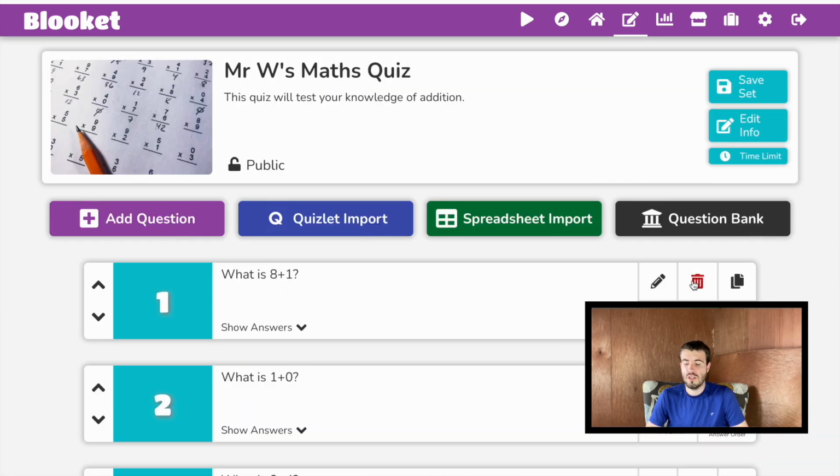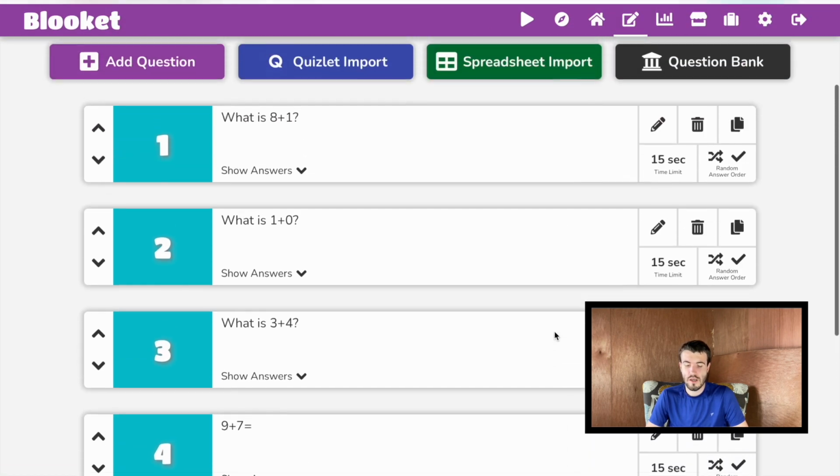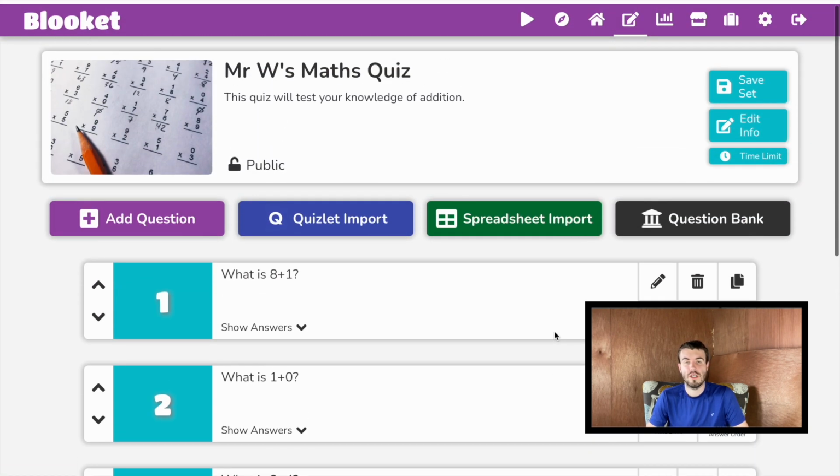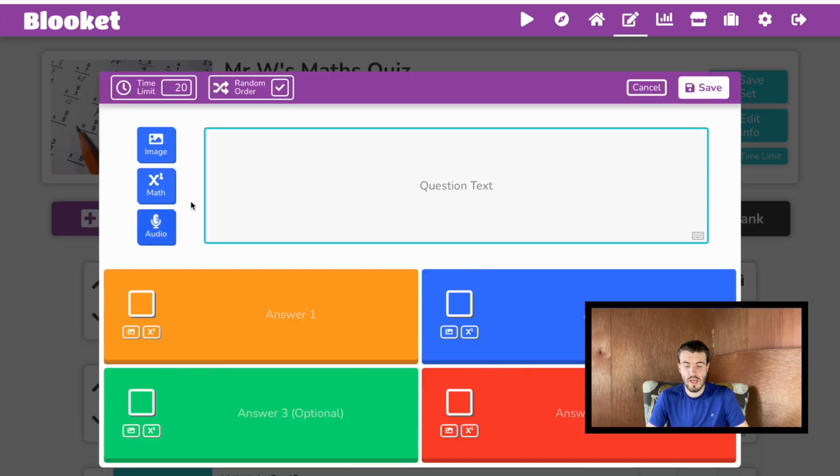However, you might say, actually, you know what? I don't like any of those questions. So I'm going to leave all these in there, but you might not be able to find any that match your quiz. You might not like the way they look, so you can just go to add question and do it yourself. So when you bring up add question, you can pop in here the